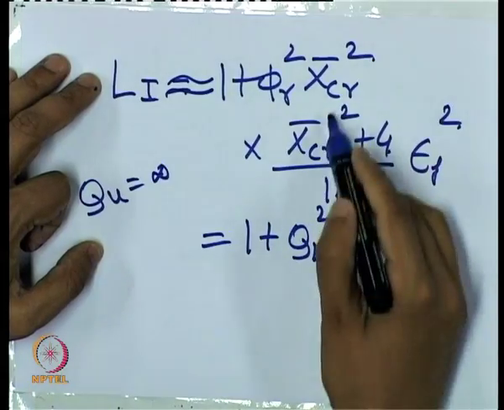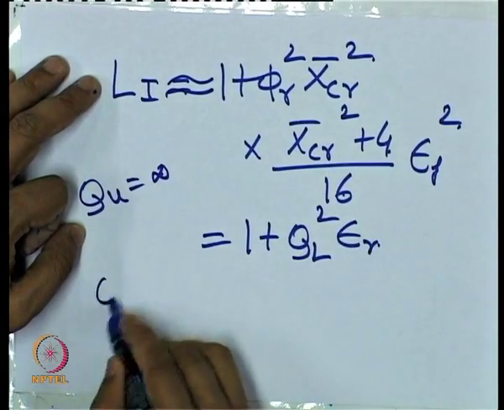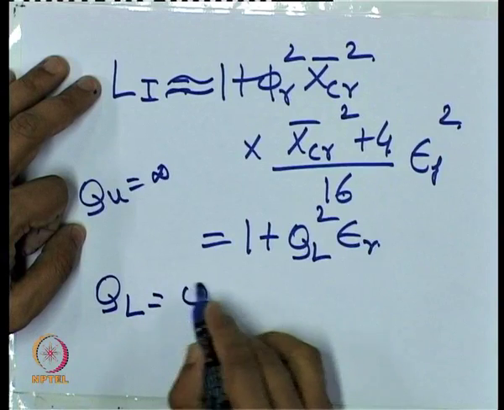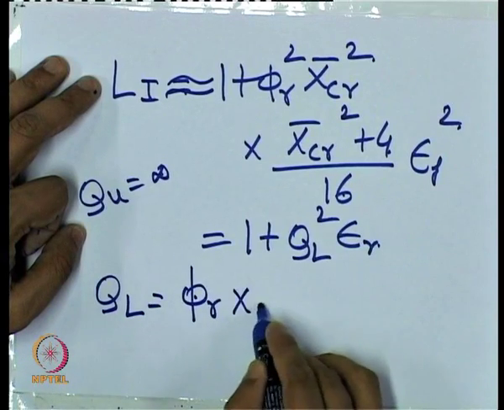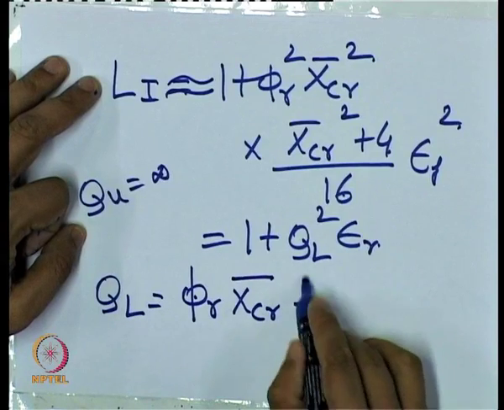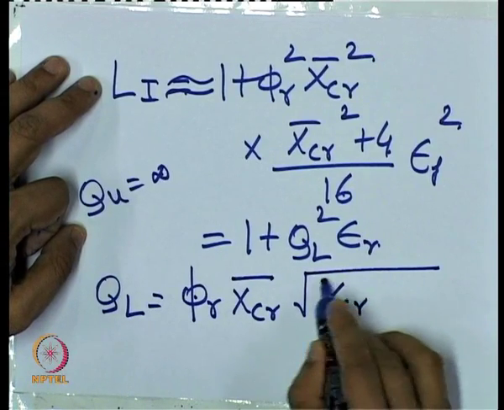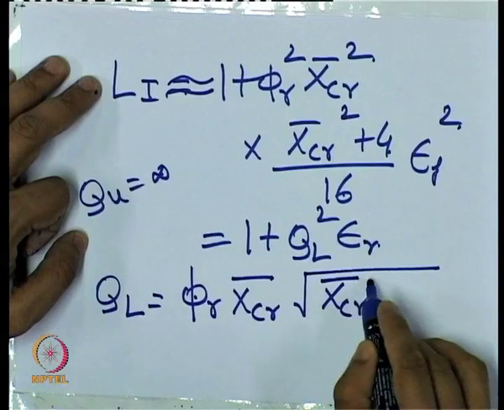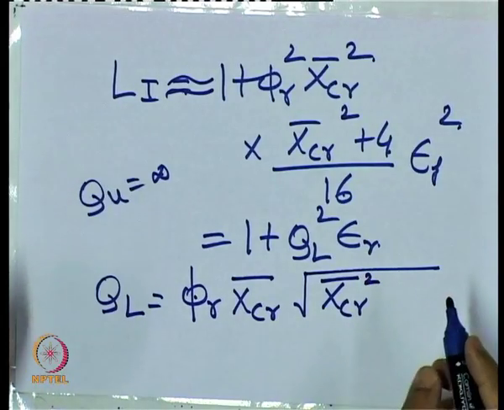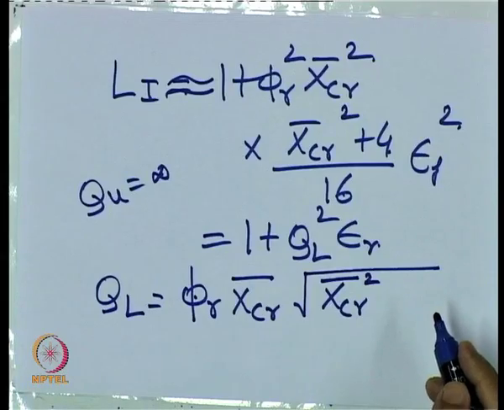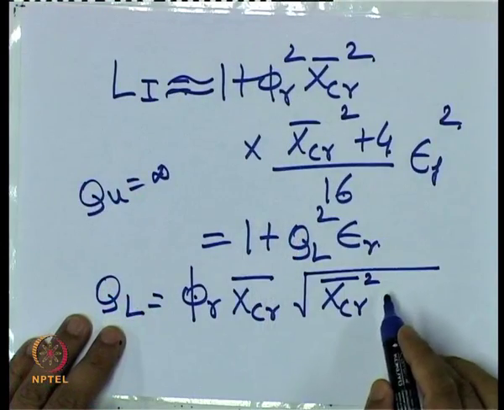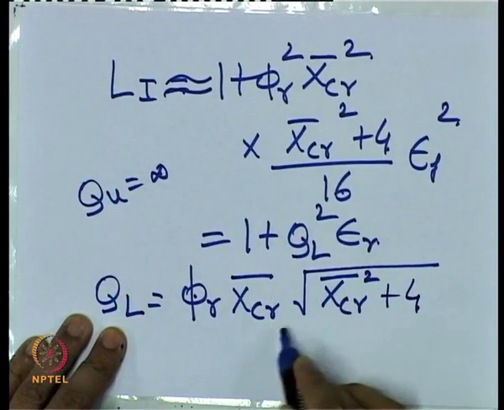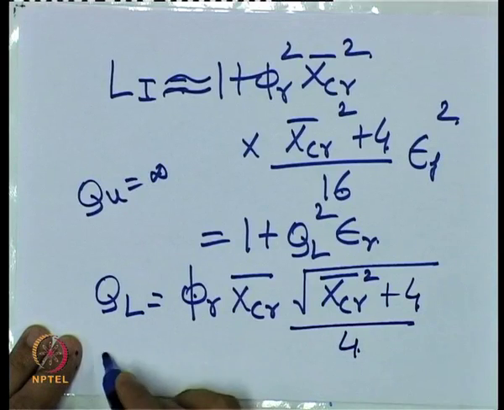Now, comparing these two equations, we can obtain an expression for QL as phi r times XCR bar upon XC. Now, XCR bar, XCR, this is the value of X_C, that is the value of the reactance of the series capacitance at the resonant frequency. So then QL comes out to be equal to this, where phi